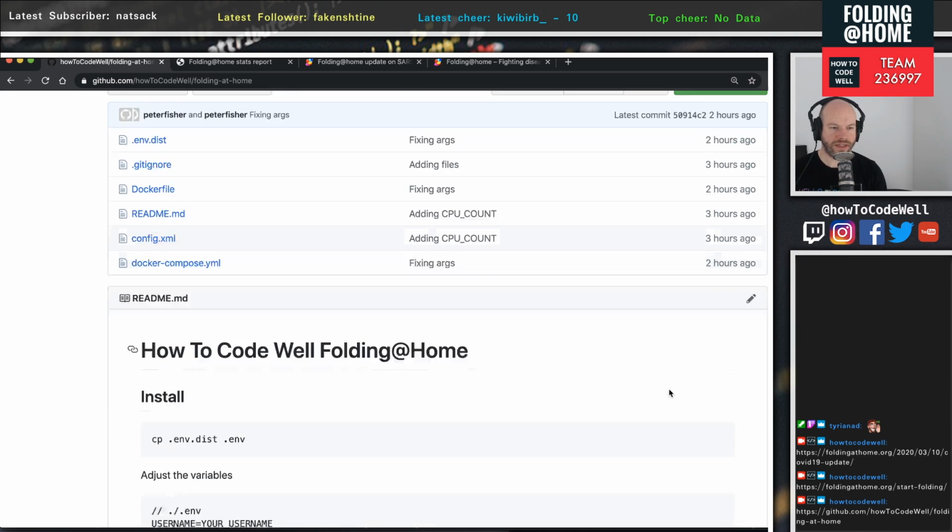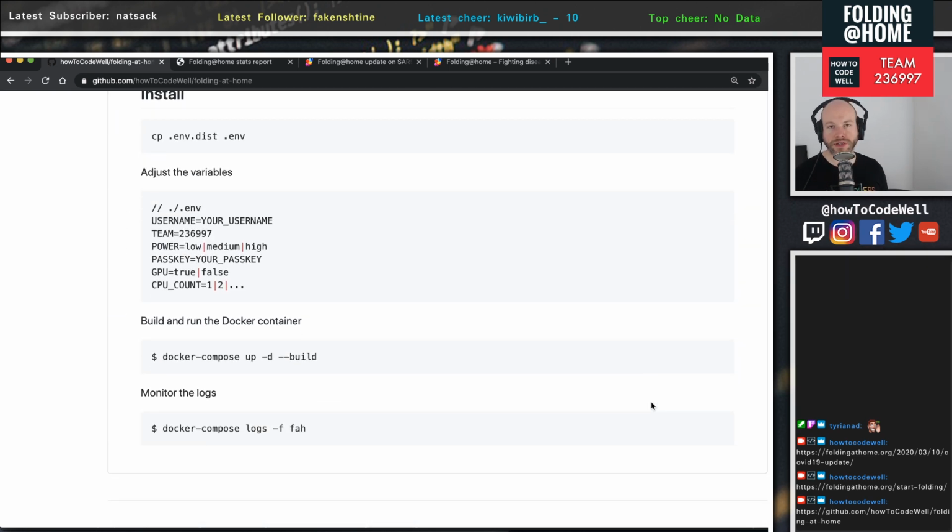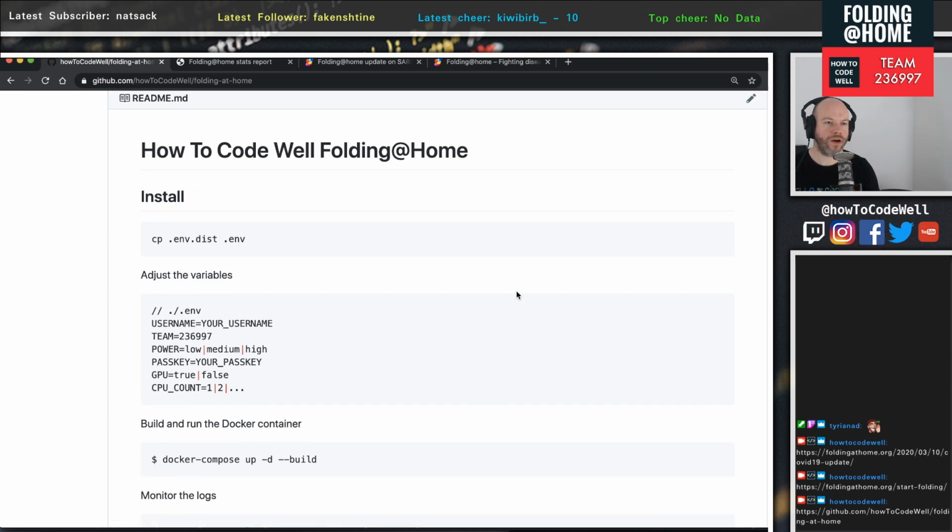That was my last commit. What I'm going to do now is install it on this machine, because I haven't got it installed here; I was working on it on my laptop. I'm just going to show you and demonstrate how to get it up and running. And then if I'm happy with it, which I think I will be, we will be pushing it to the Docker Hub under the How to Code Well banner, I suppose, brand, I guess. Okay,